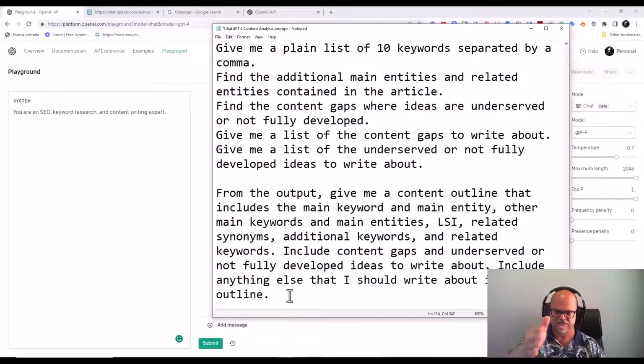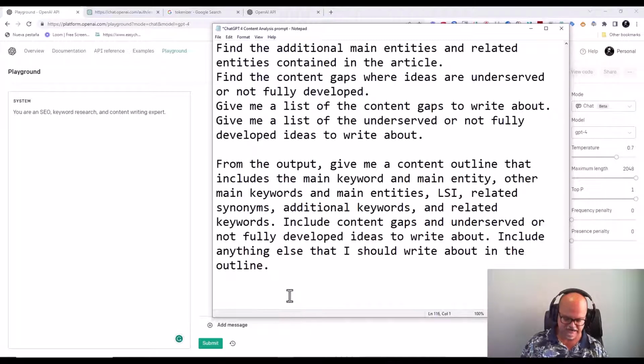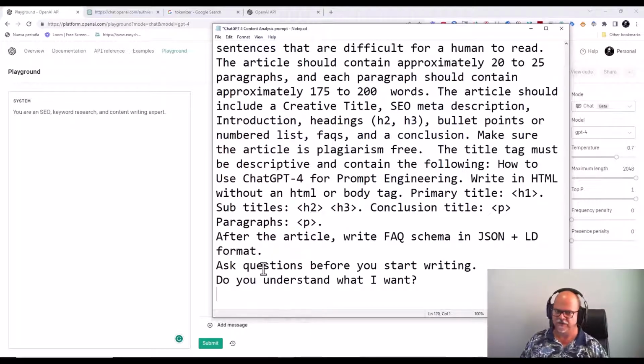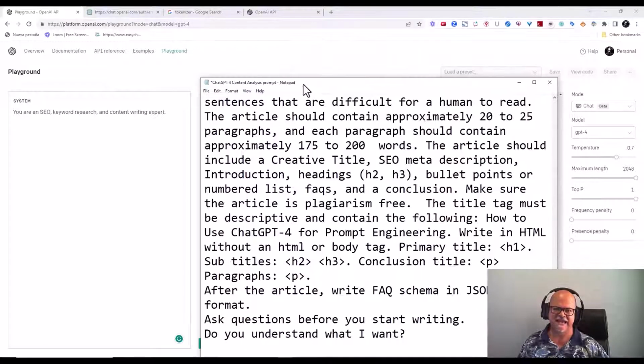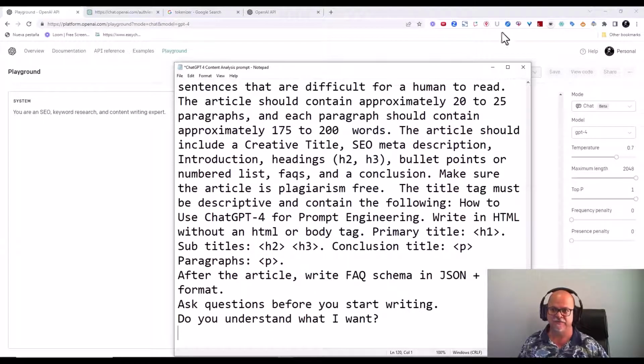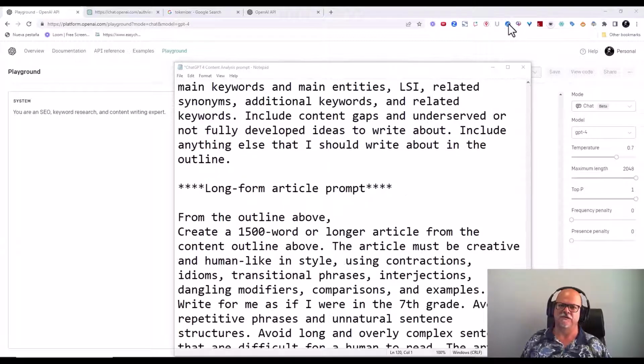So I'm going to give this to you entirely so that you have the entire prompt from start to finish. Now we can't use it like it is. We have to go in and adapt it. So let me do that. Let me pause while I adapt. All right, here we go. I'm back and I have created the prompt for the long form article.